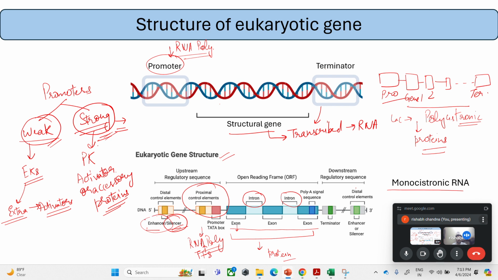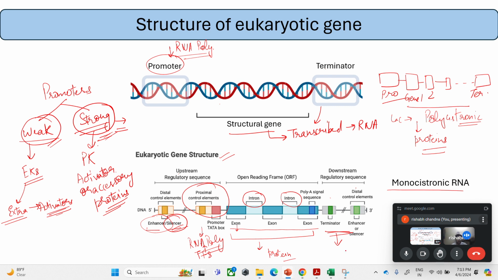And enhancers, as I talked about, these are activator sequences that help to intensify the transcription process. And then to complete the transcription, we have the terminator sequences. So the terminator is basically the site where the RNA polymerase detaches from the DNA, leaving behind the RNA for